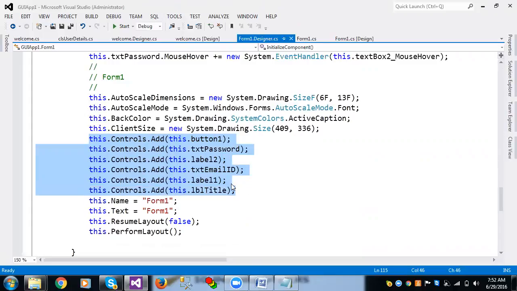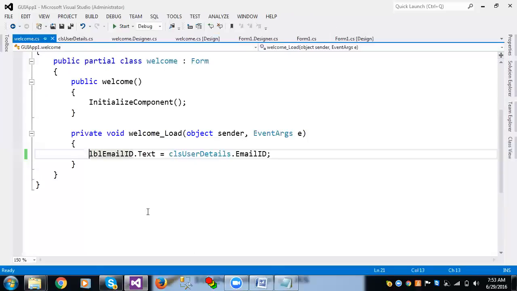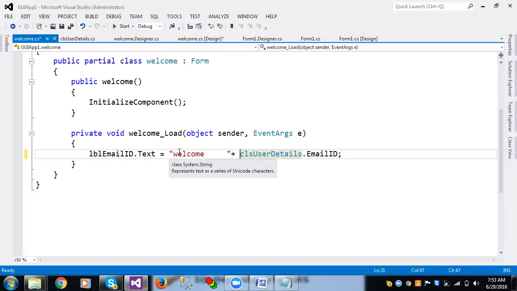So all these controls are available on that particular form. So now this form is going to be displayed, and some static text also before this. Just Welcome. Welcome is the text, and we need to give some space plus whatever mail ID they have given, that mail ID we can assign